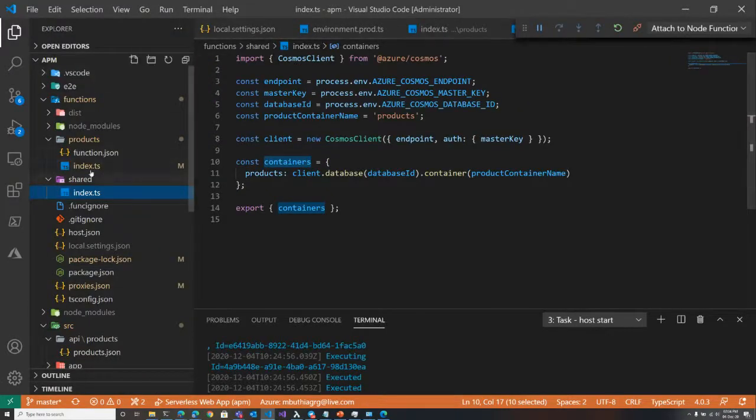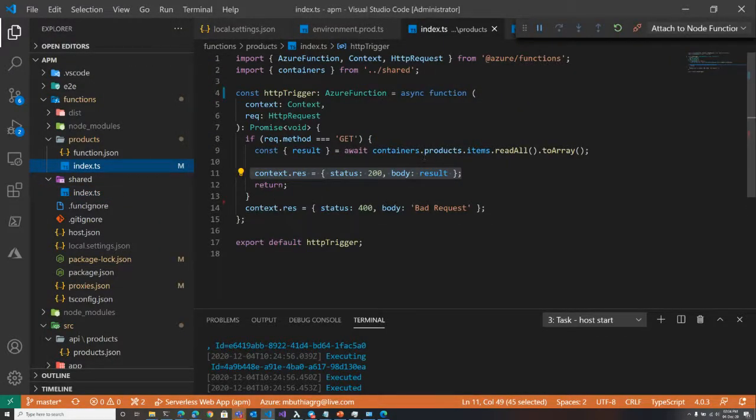So once you have that, then in your function code, you just import containers from shared, and then you do await containers.products.items.readAll, and then you get back the results to the UI. So to see how that looks like,